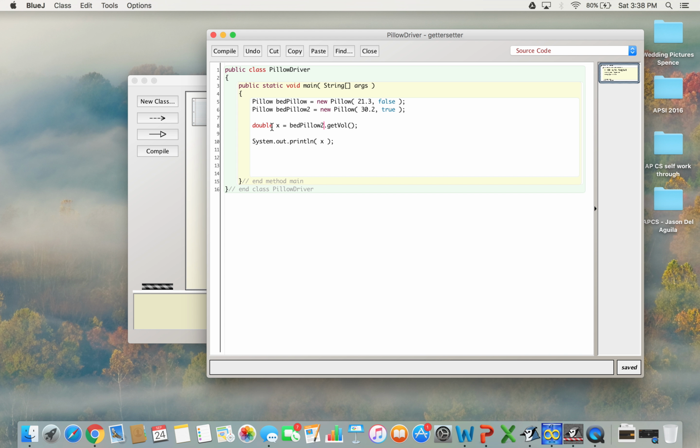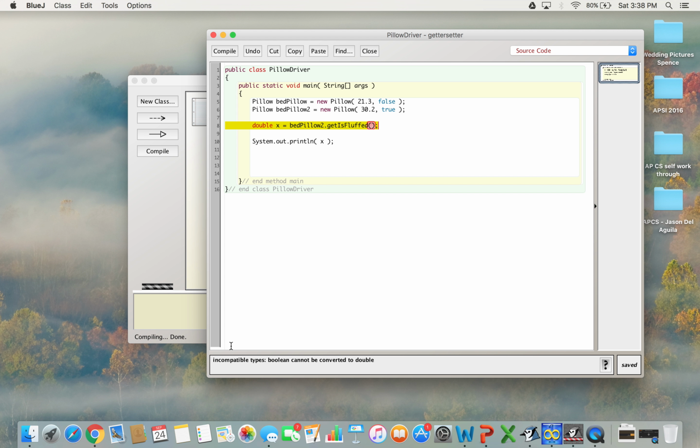What if I wanted to say not get vol, but get is fluffed? I would have to change this, because remember, get is fluffed is a boolean, and I'm trying to store it into something that's a double. So let's see what happens. Yeah, incompatible types. Boolean cannot be converted to double. So this doesn't work. I would have to change this to